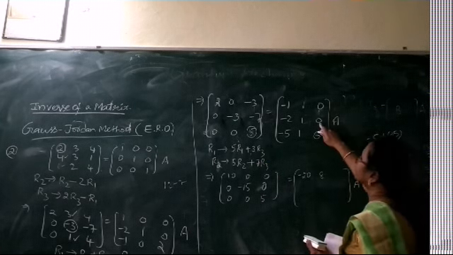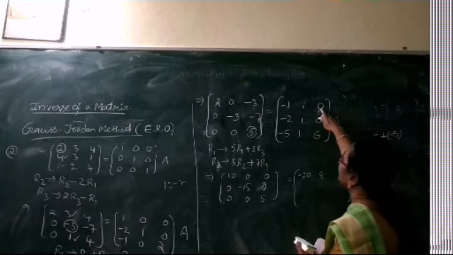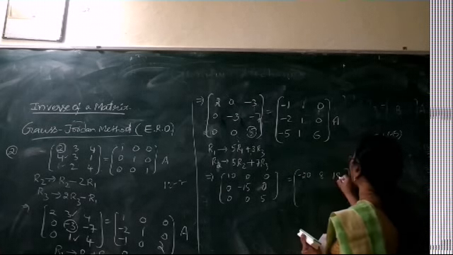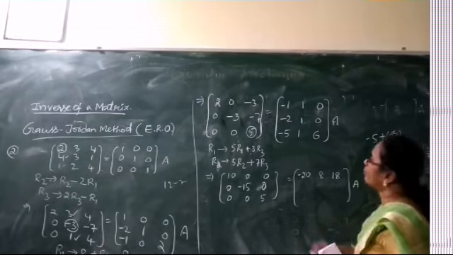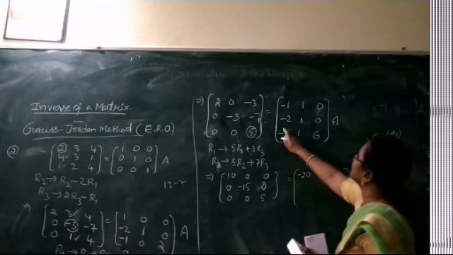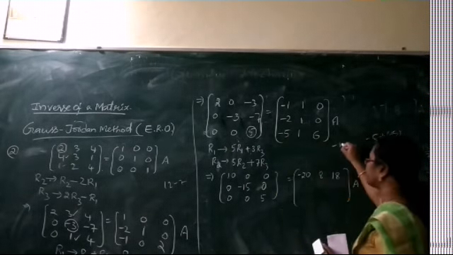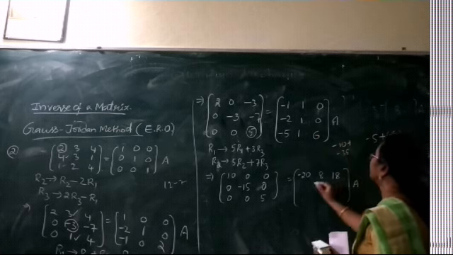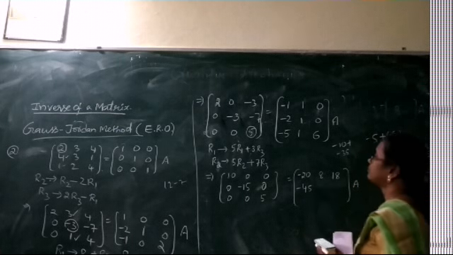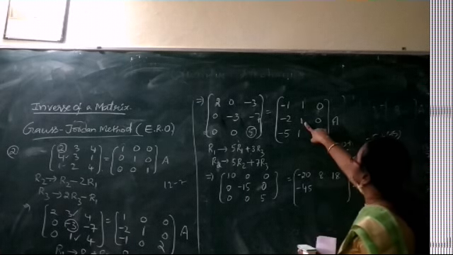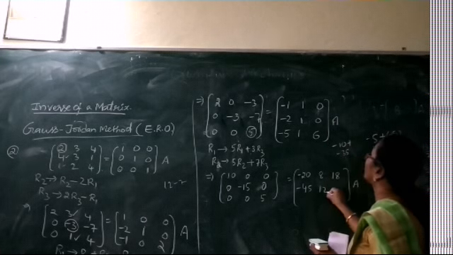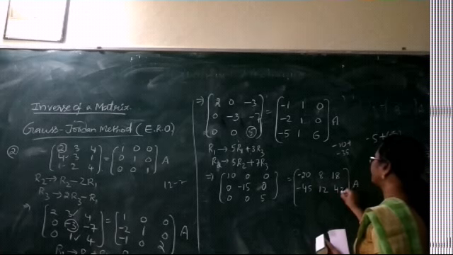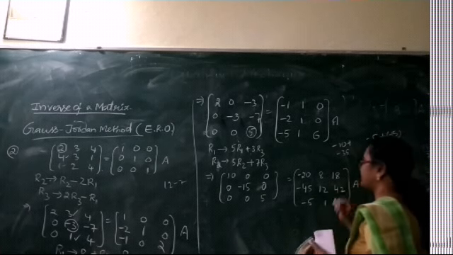Next we have both the zeros in R1, 0 we have, and R3 is 6. So we have 3 into R3, 3 into 6 we have 18. Coming to the second row, 5R2 plus 7R3. So 5 into minus 2 we have minus 10 plus 7 into minus 5 we have minus 35. So total we have minus 45. Next we have 5 into 1, 5 plus 1 into 7, 5 plus 7, 12. We have 5 times of 0, 0 plus 7 times of 6, it is 42. The last row does not change, minus 1, 5, 6.